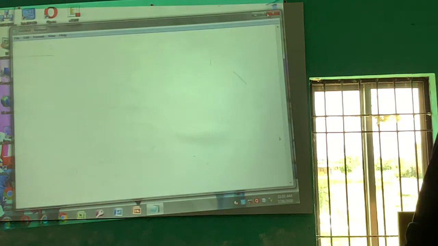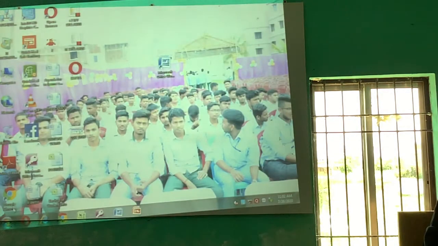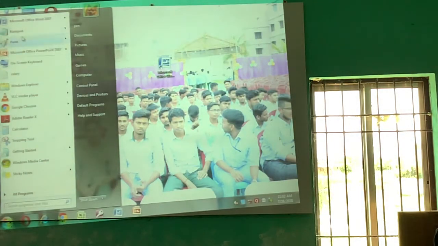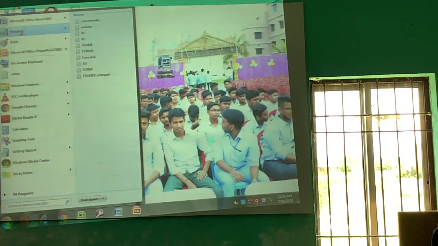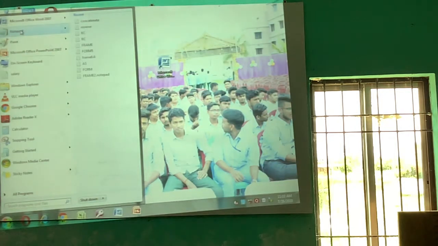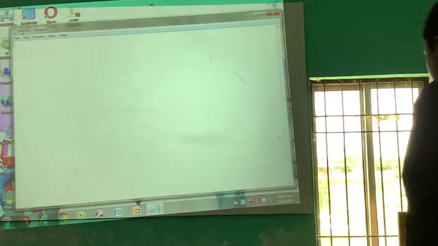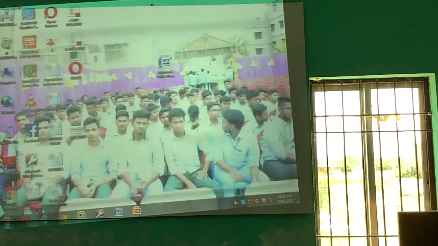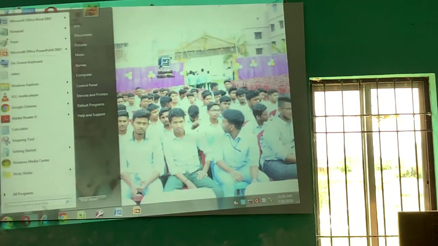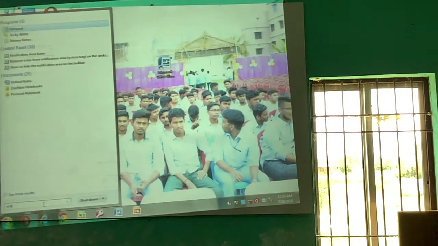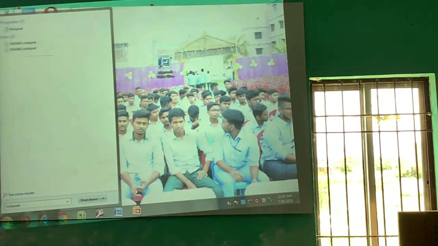Again, repeat the process. Click the start button. If Notepad is in the start menu, you can also select it, or you can run it from the run command by typing Notepad.